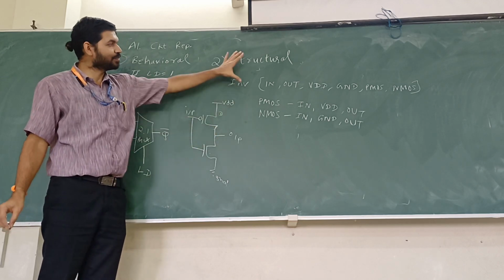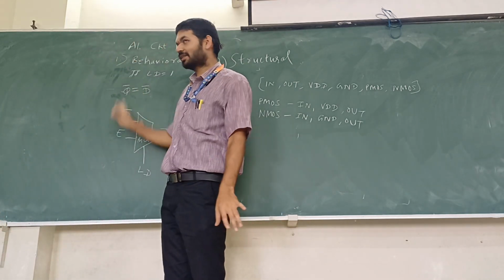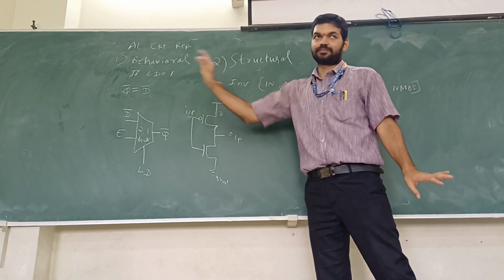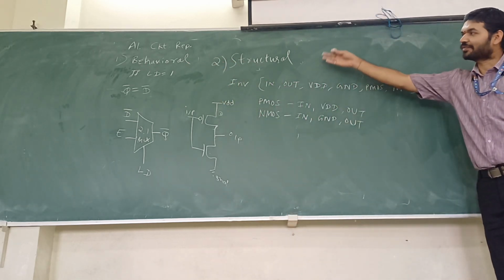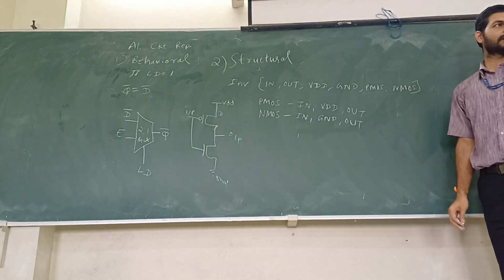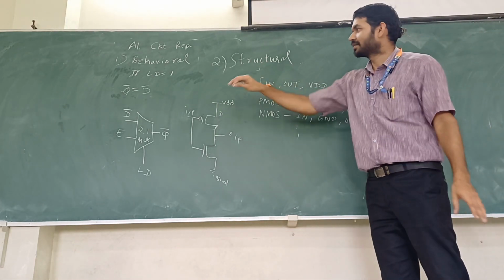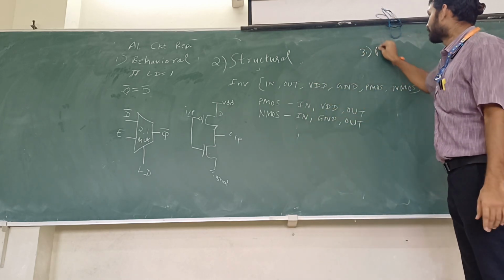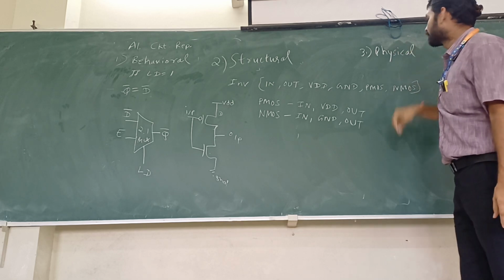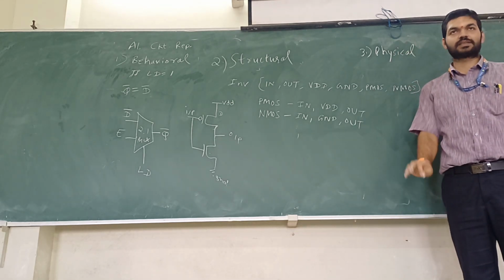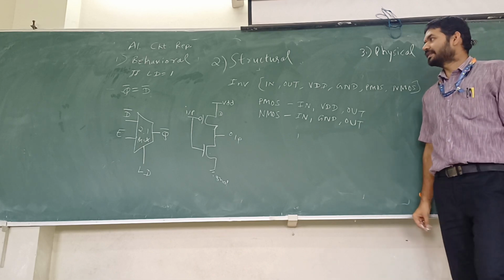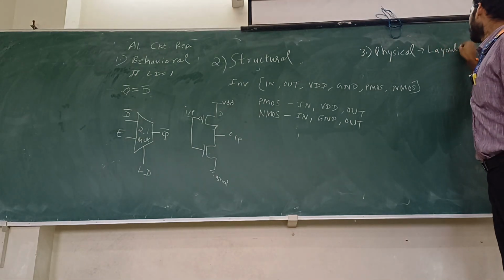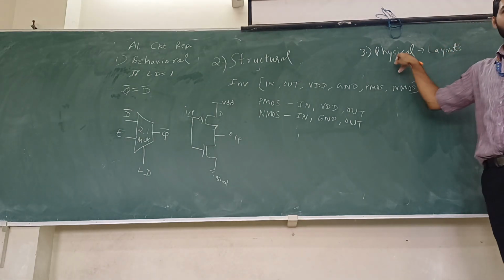But still, this representation is better than the earlier representation, because at least we get a feeling that this is an inverter, if we compare. This is one way of representing. I will not compare much between the styles, but one more style is there, that is the physical way of representing the circuit. Here we draw the layouts, or layouts are the best example for physical representation, where